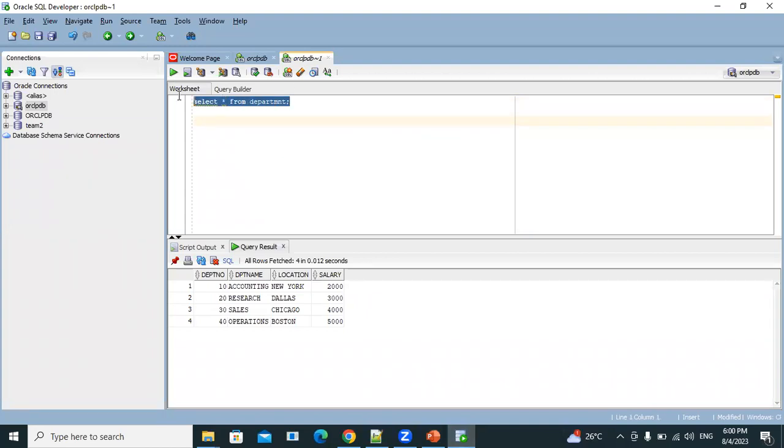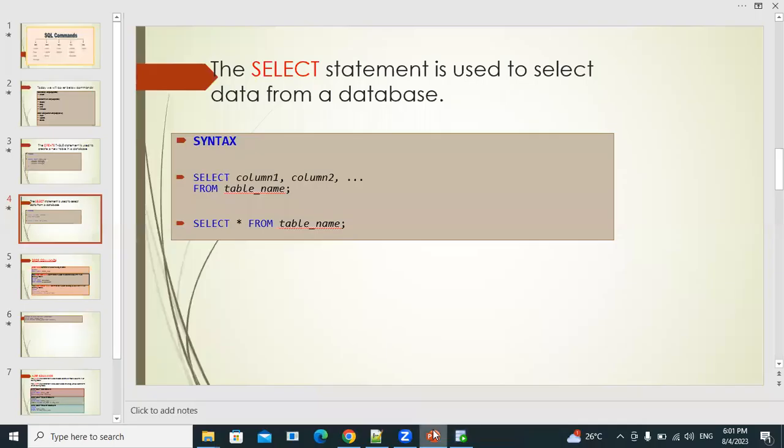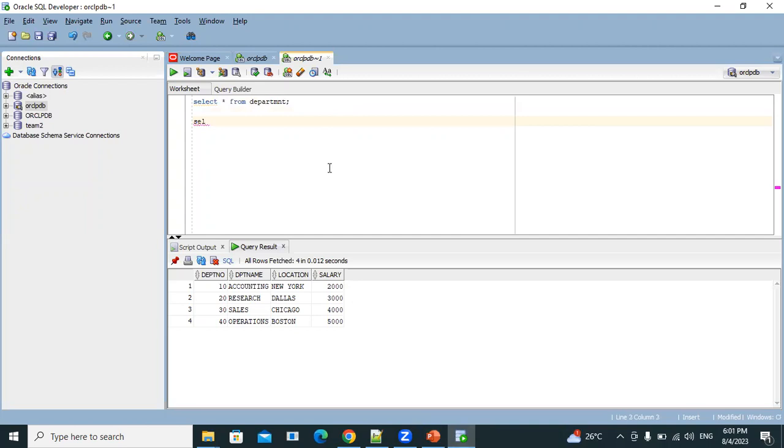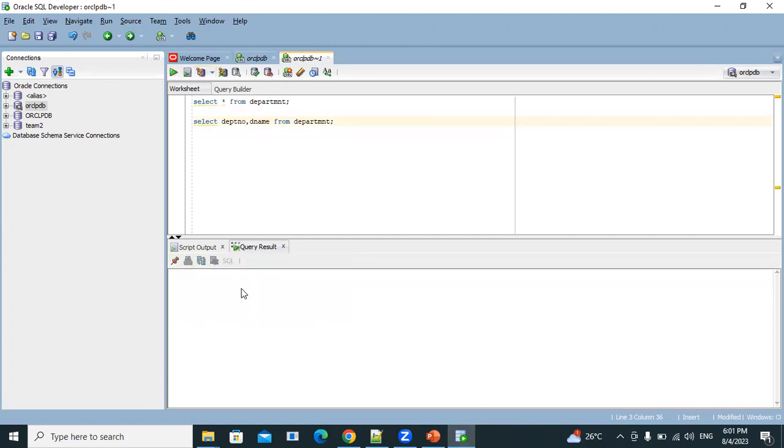Now select star means we are selecting all the records from the department table. But there was a second syntax. See, this one: you can select column 1, column 2 from table 1. This means you can select specific columns, like if you want only department number and department name from department, select only 2 columns from department. So it will display only